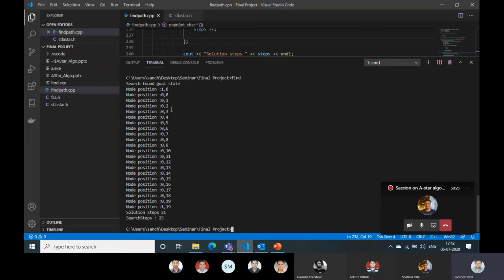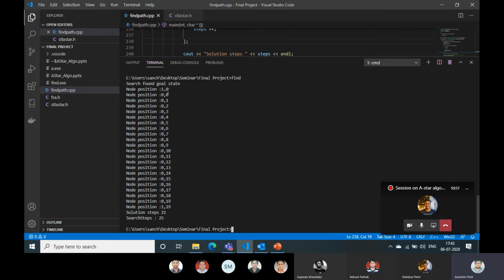What the output does is, I have shown you the initial state. My initial state was 1 comma 0, and my final state was 1 comma 19. What my algorithm did is it started with 1 comma 0, and found the coordinates which were optimal while going, and hence I received the solution steps, that is 21.